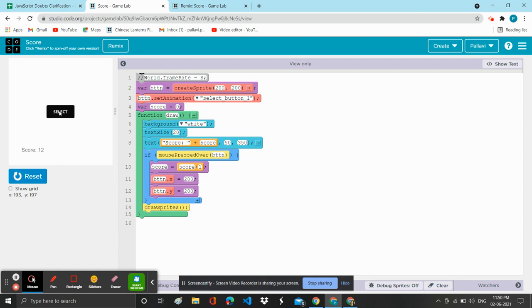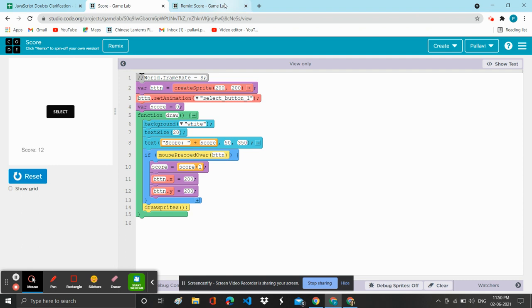Now when it is pressed, it is going to consider two triggers. One is when the mouse button goes down and the other when the mouse button comes up. It is going to take both these instances when you use this block. If you click anywhere else, it is not going to increment the counter because it is checking first whether it is pressed over this button. That's it. But there is one issue, as I mentioned, it is taking two instances: when the mouse button goes down, and when you release it, the mouse button comes up.